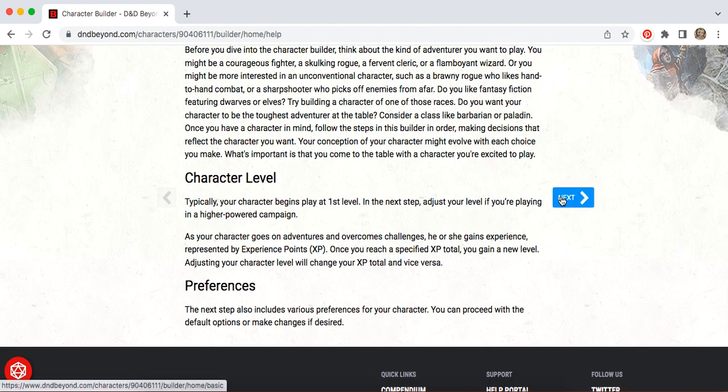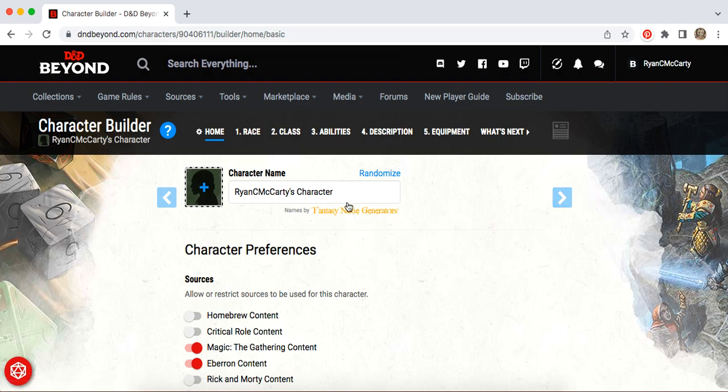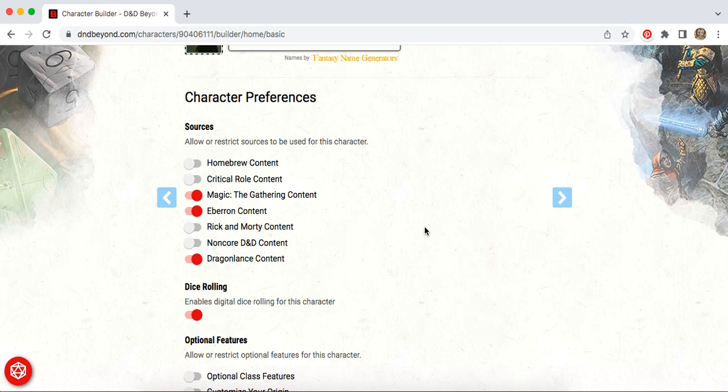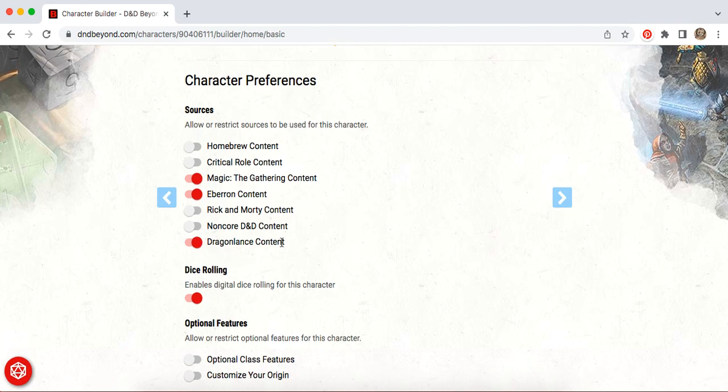So you just move through, and you can begin with a character name. Let's see, we're just going to do Thorgold Ornoski. It's a great fantasy name of some kind. You can also click a random name generator, and then it's going to let you pick what you want to draw from. These are the ones that I usually leave clicked. There's new Dragonlance content that I've got clicked, but I haven't actually made a character since Dragonlance was released.